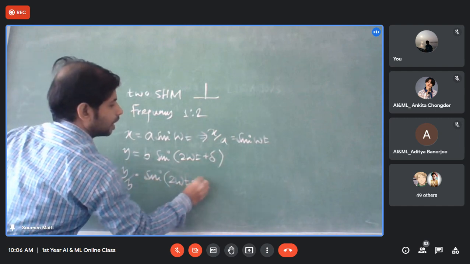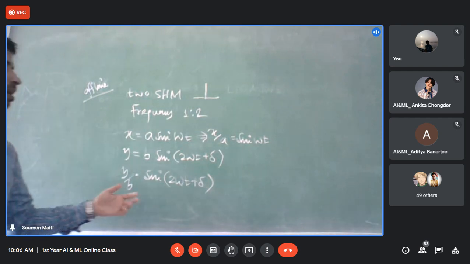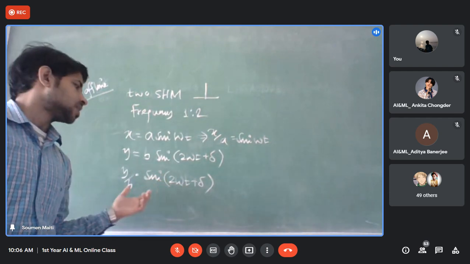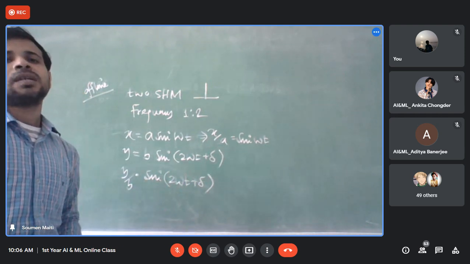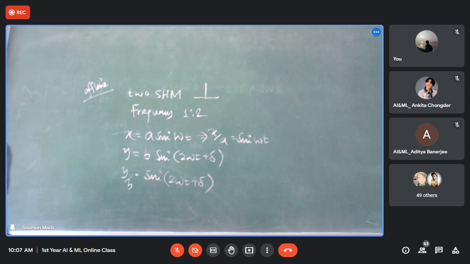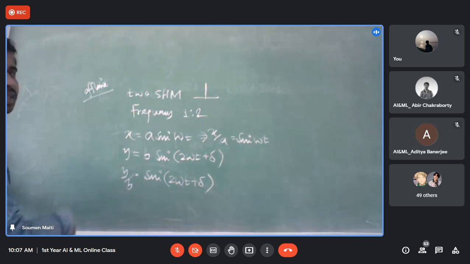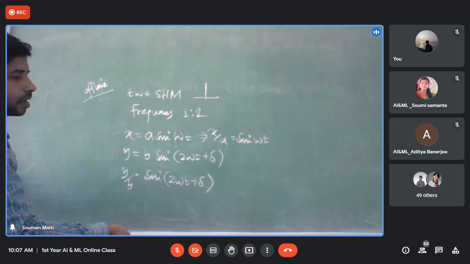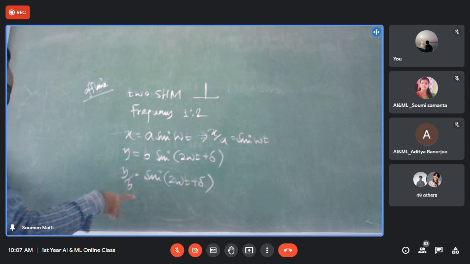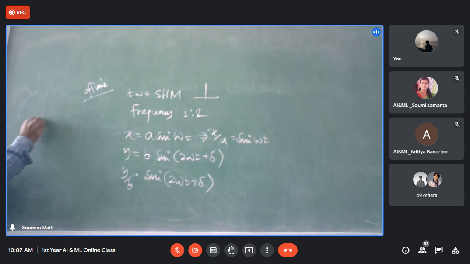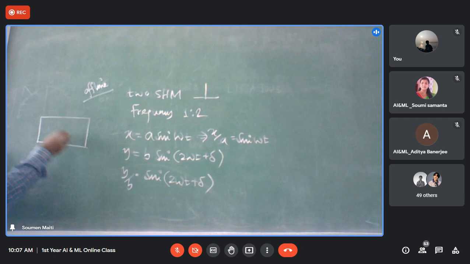I think at this age you are right now expert with sin 2 theta. This is sin 2 omega t cos delta. Then you can go for sin 2 omega t in the form of sin 2 theta. Yes or no? Yes, sir. So if you calculate in the same manner, finally you will get an equation of a loop. For that time the resultant will be like this one. You don't have to remember this, but you should be able to tell how to proceed. This kind of loop.